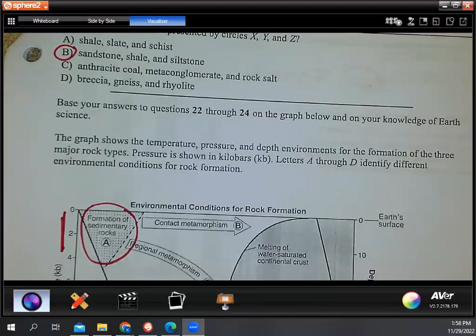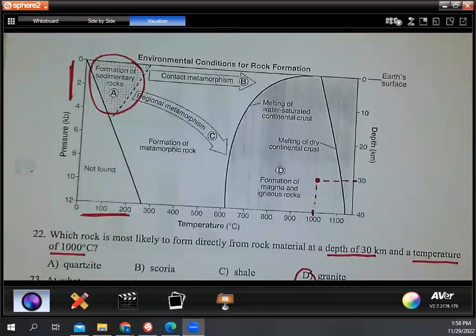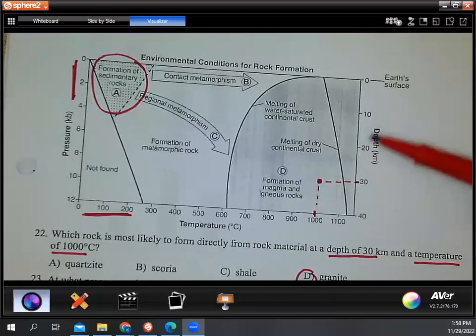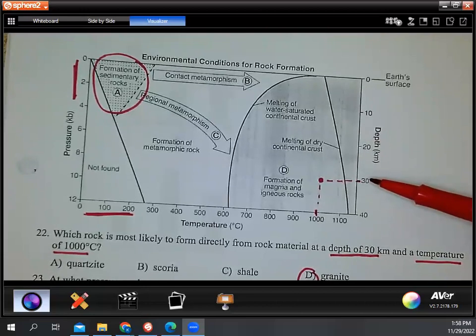Base your answers to questions 22 through 24 on the graph below and your knowledge of earth science. The graph shows the temperature, pressure, and depth environments for the formation of 3 major rock types. Pressure is shown in kilobars. Letters A through D identify different environmental conditions for rock formation. Which rock is most likely to form directly from rock material at a depth of 30 kilometers and a temperature of 1,000 degrees Celsius? So I'm going to go to my axis that says depth, find 30 kilometers,